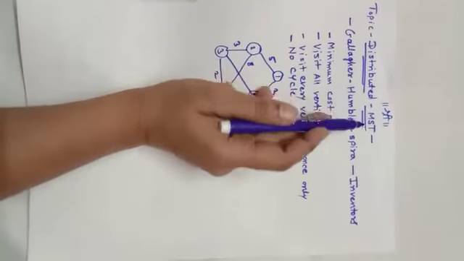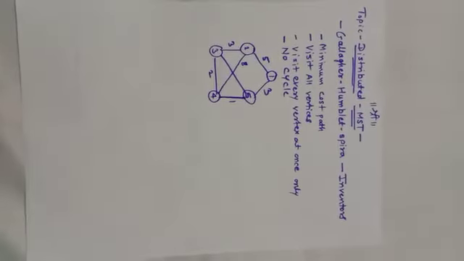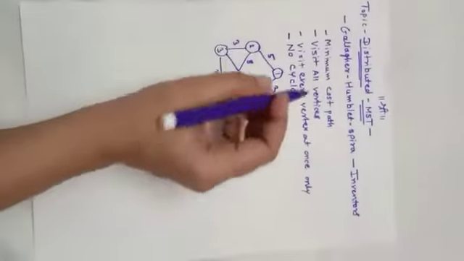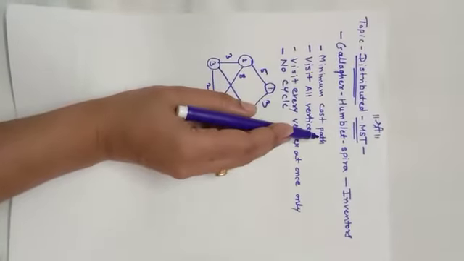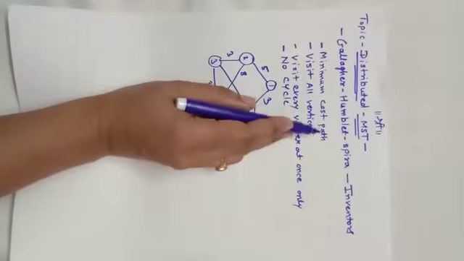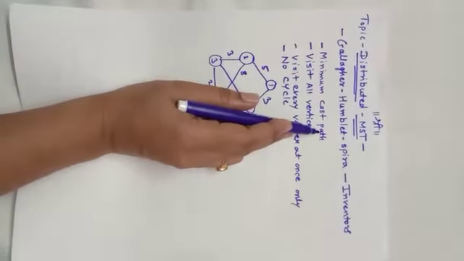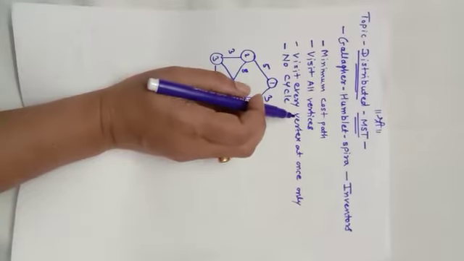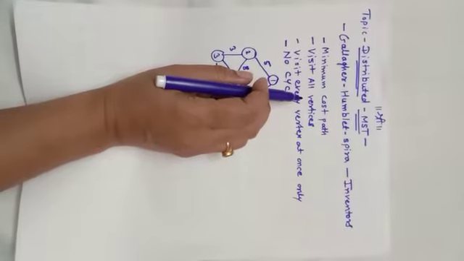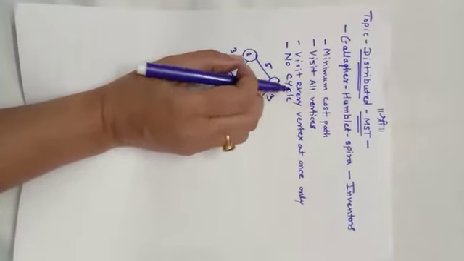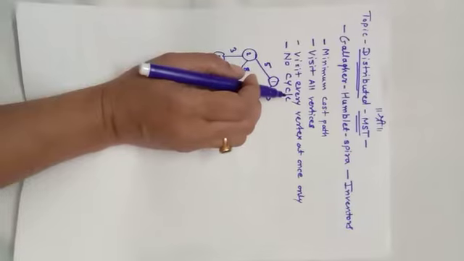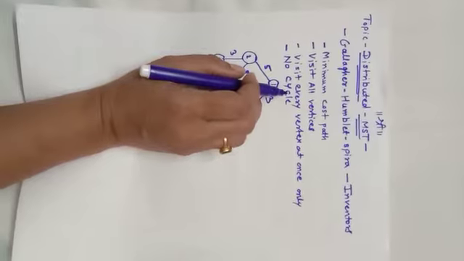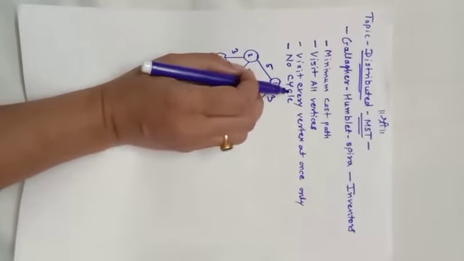All of you are aware of what a minimum spanning tree is, right? A minimum spanning tree has certain properties. So what are these properties? First property, it should have the minimum cost path. The input will be a graph, and you are going to apply the algorithm, and at the end of the algorithm it should give you the output as a tree. A tree should not have a cycle, which is obviously one property of a tree. So it should again be a property of your MST itself.